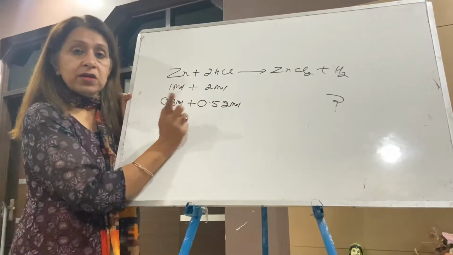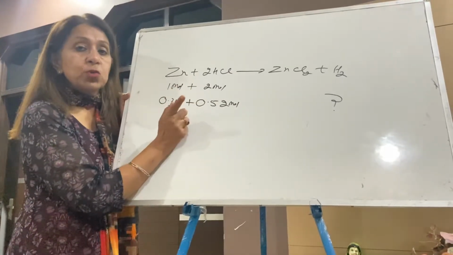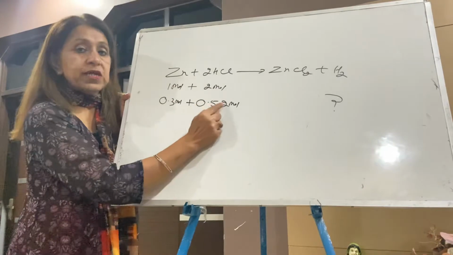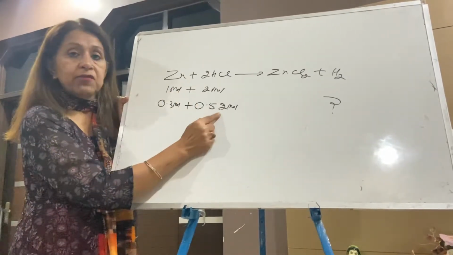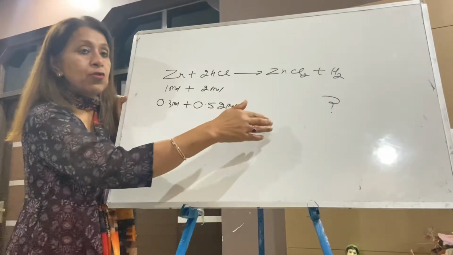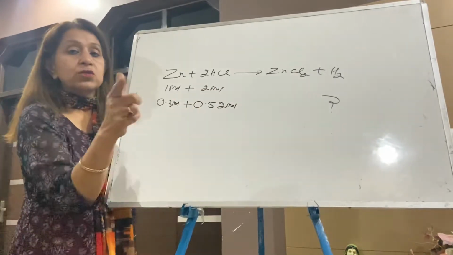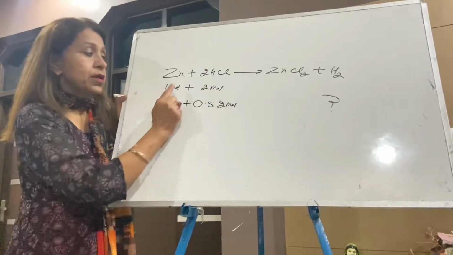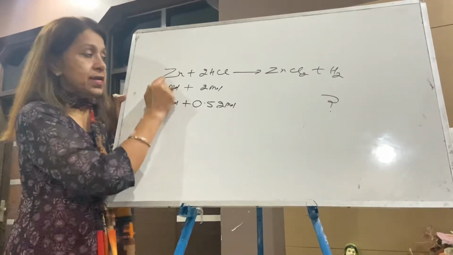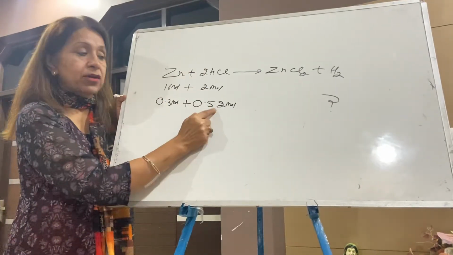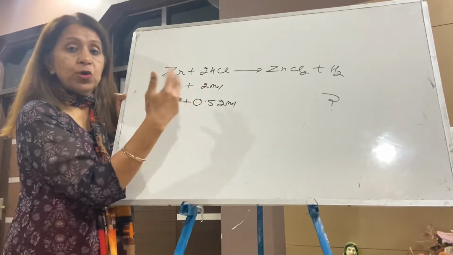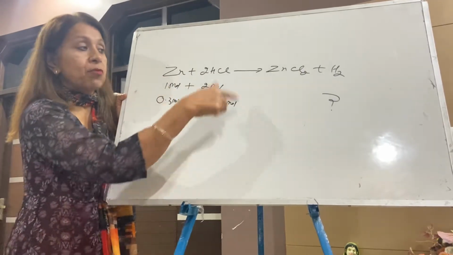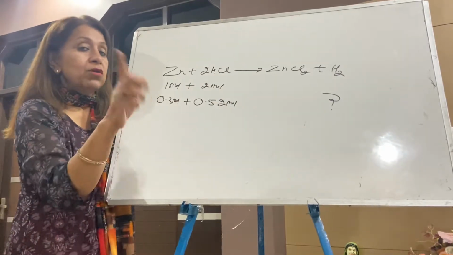On the reactant side, nothing is to be calculated, all 4 things are given. You have to calculate the amount of product only. That is the numerical of the limiting reactant. Again listen: this is given, this is actual, this is actual, this is given. Nothing to calculate in the reactants, all are given, and you have to calculate whatever they ask from the product side. Then the numerical is from the limiting reactant.